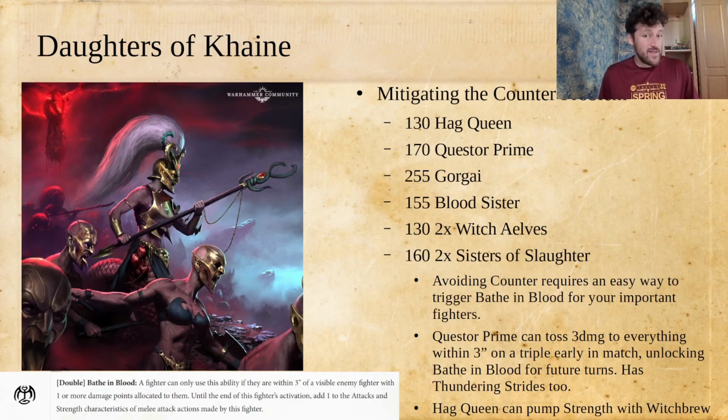I don't think this list is all that powerful. I do think this is better than anything that you can do with Daughters of Khaine that doesn't have a Bloodrack Medusa. However, I don't think this is good. I think it would be okay in casual play, and that would be as far as I would go with it. But if you are really into Daughters of Khaine and you want to kind of try to figure out